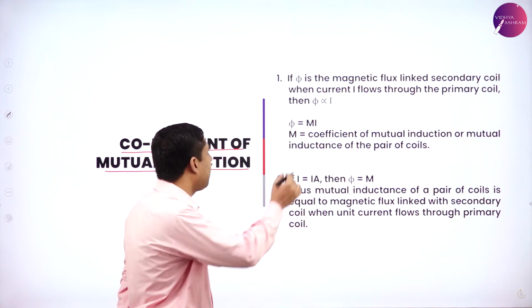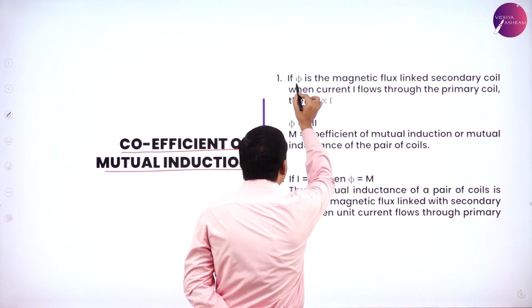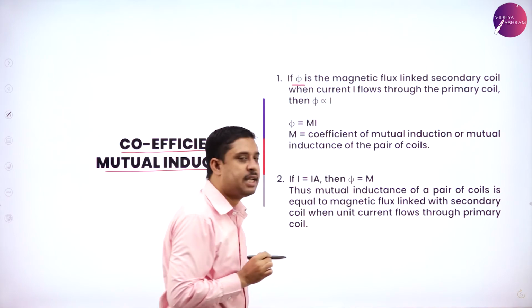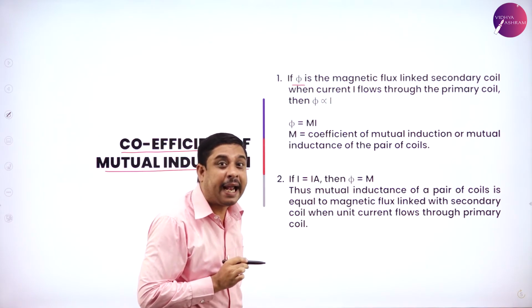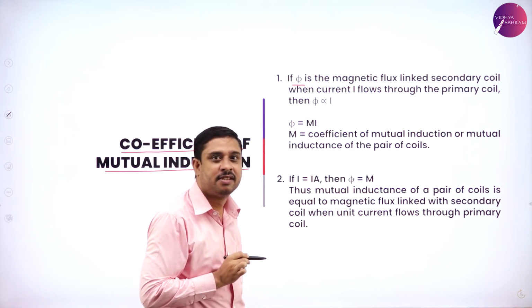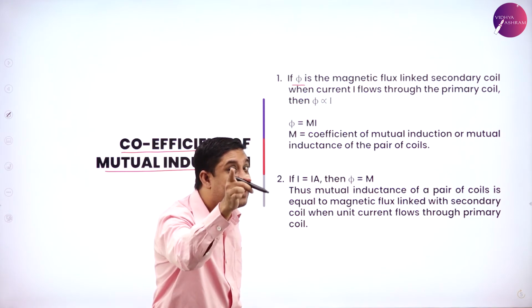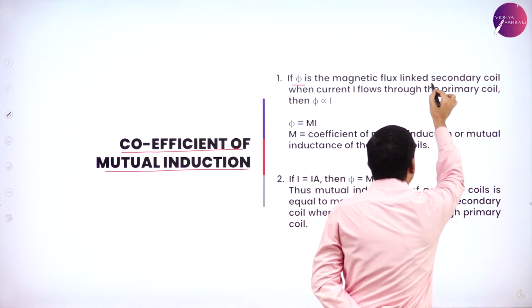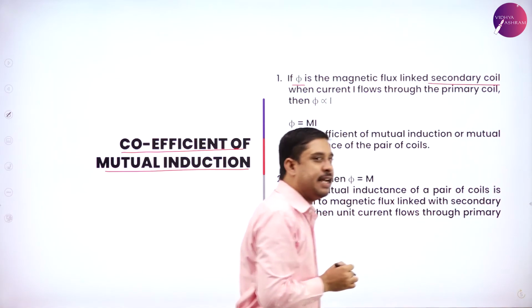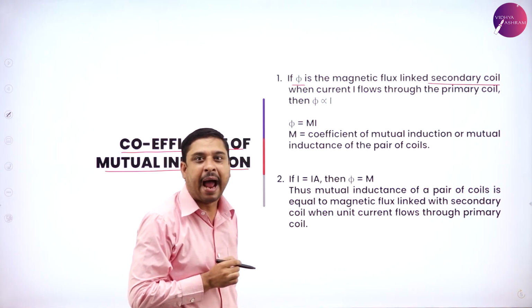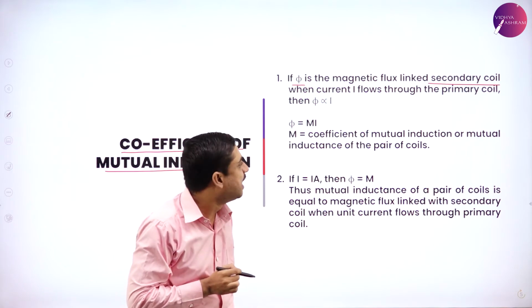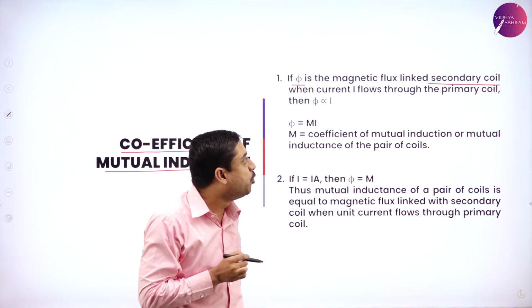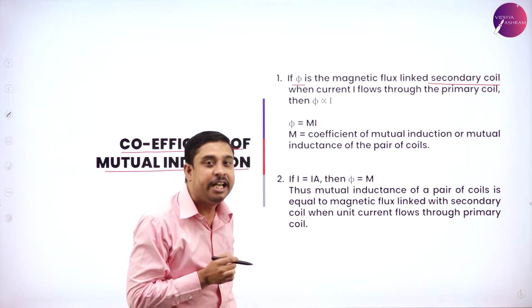Now, if phi is the magnetic flux linked with which coil? Secondary coil. Very good. So phi is the magnetic flux that is linked with the secondary coil